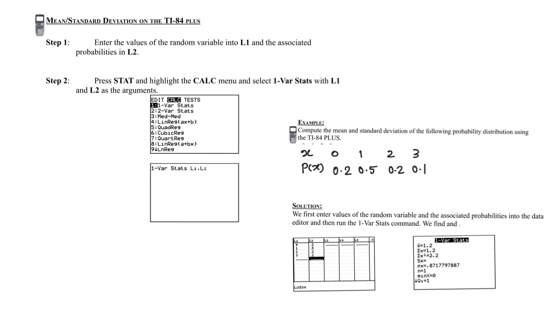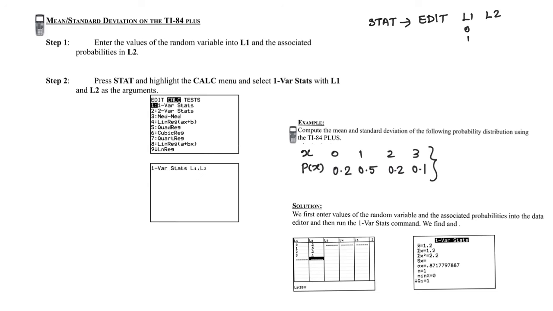How to find the mean and standard deviation of a discrete random variable using a TI-84 calculator. If we want to find the mean and standard deviation of this discrete random variable, first press stat, then edit, and enter these values in L1 and L2.